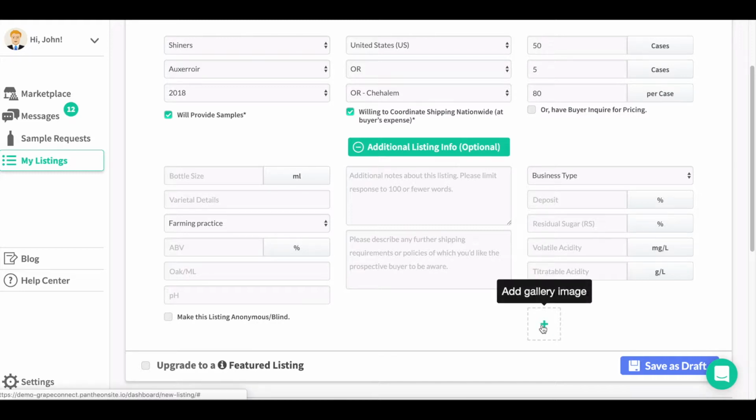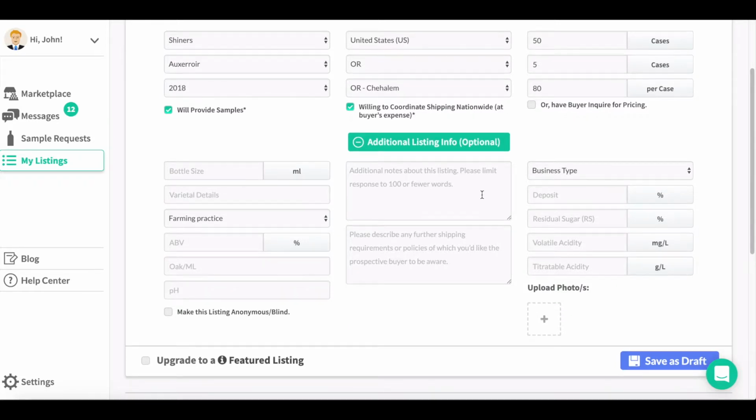by selecting this box. If you have more information that does not fit into one of these fields, you can use this additional notes field to type out a 100-word or less description about your product. Another important piece of information about this section is you have the opportunity to choose if you would like to post anonymously by selecting this box. If you choose to post anonymously, your identity will only be revealed once you approve a sample request or reply